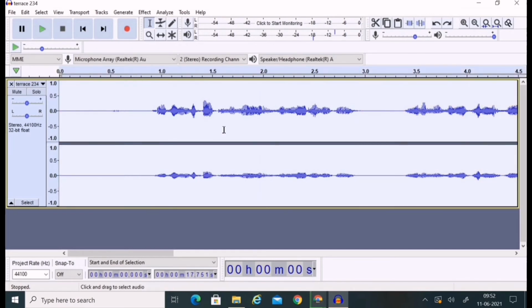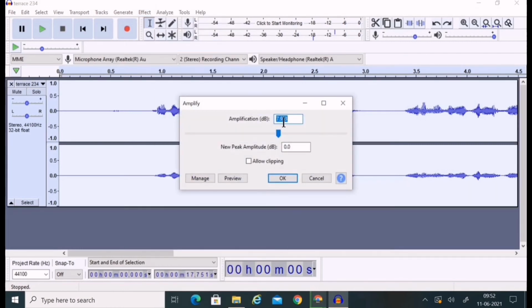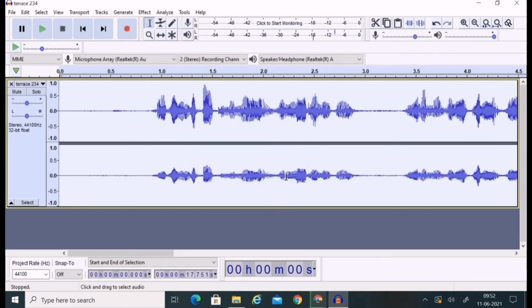This is also good, but again select Ctrl A, go to effect. There will be a thing called amplify. So how Audacity works is, it basically selects an amplification factor itself. This will be mentioned in decibels, so that the peak amplitude is 0, which means you don't get much variation. First we will try this. We have clicked on this OK.